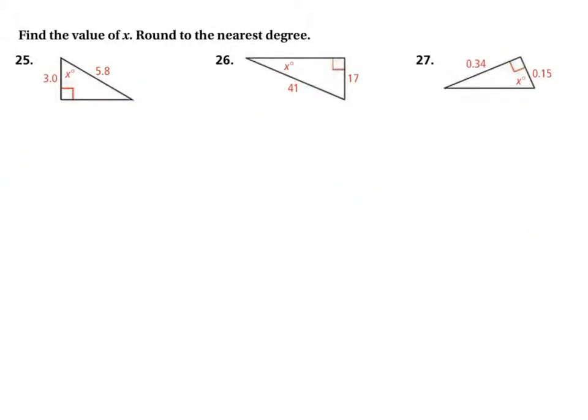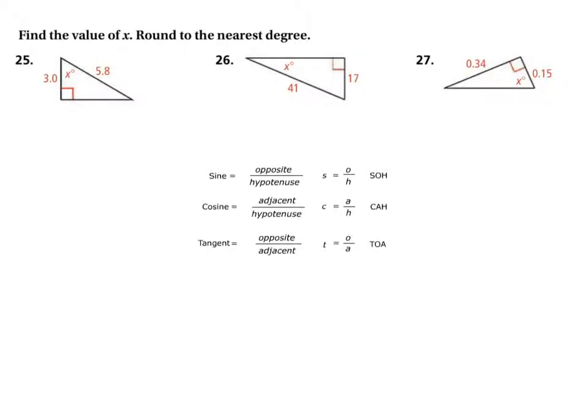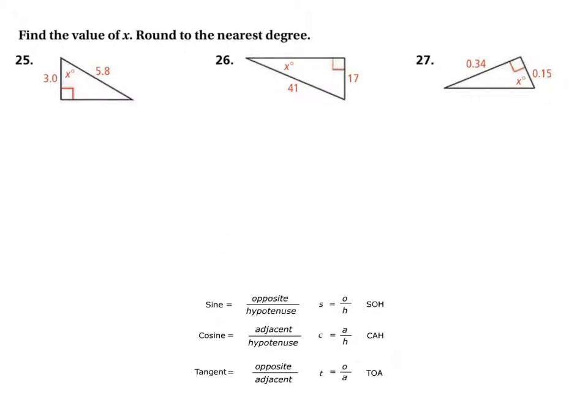So when we look at x, we need to determine what two sides we've got. Let me put our little slide in again. Okay, and what are we dealing with here? Well, we've got the adjacent side to x, which is 3.0, and the hypotenuse, which is 5.8. So we say adjacent and hypotenuse, that means cosine. So cosine of x is equal to the adjacent side, 3.0, over the hypotenuse, 5.8, and then